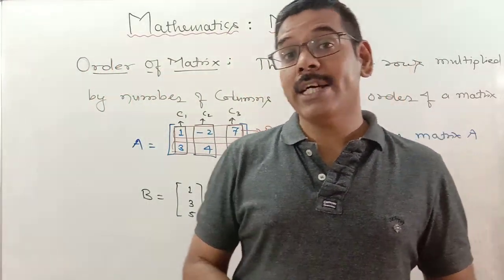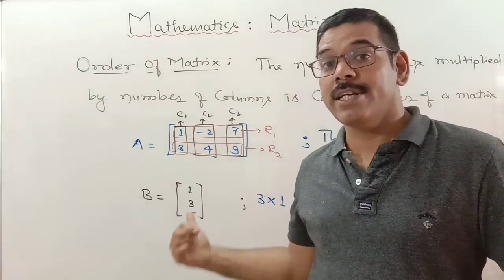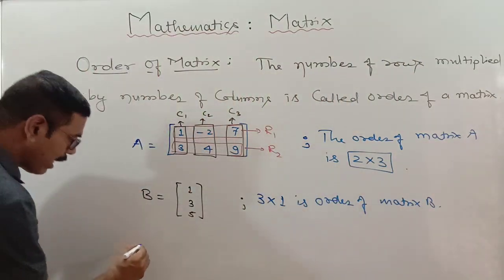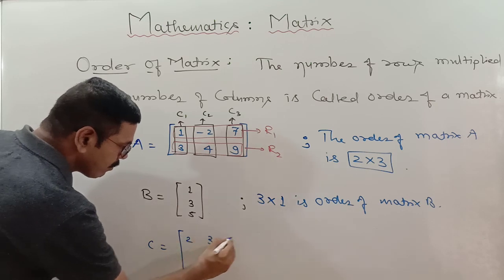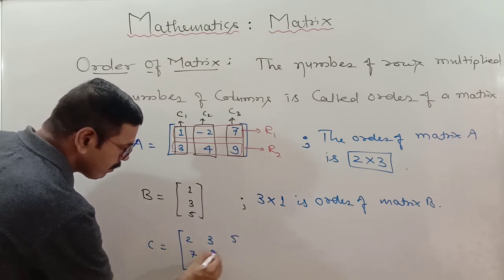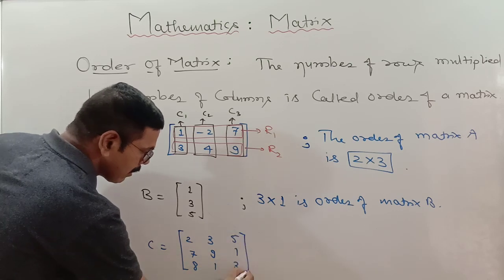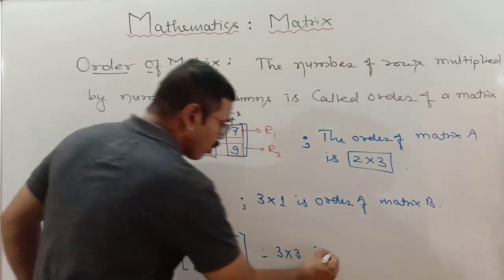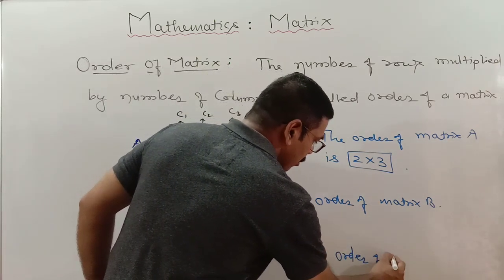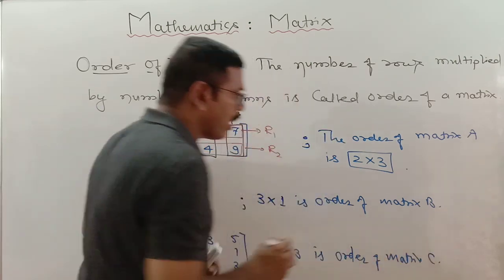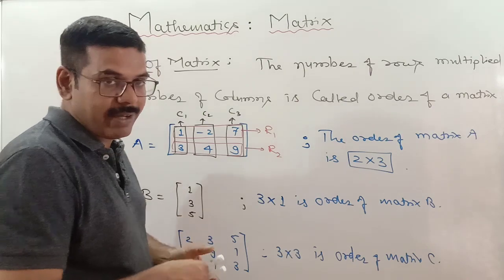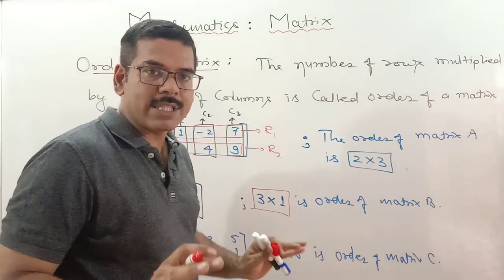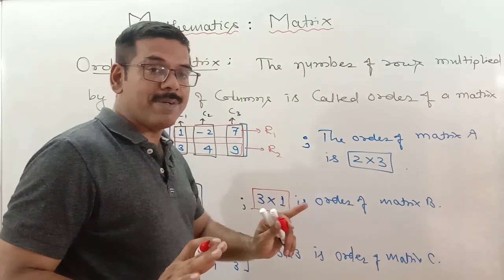Okay, and in the board examination you may have some questions related to order of the matrix. Okay, I'll solve the kind of question. You just see once more. I am giving the example. What is the order of that matrix? Definitely 3 cross 3 is order of matrix C. Okay, now if suppose the order is written in the same way, order may never be written like in the product form. 2 multiply 3, 6, you have written 6 is the order of matrix. No, it will be wrong. The order of matrix is 2 cross 3.